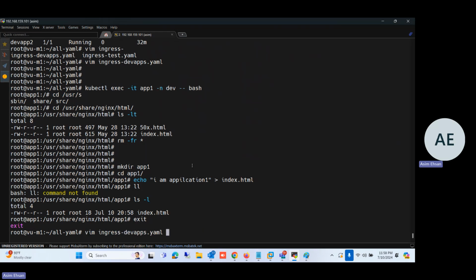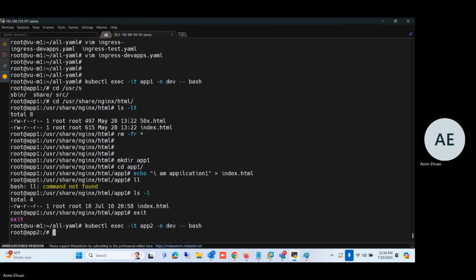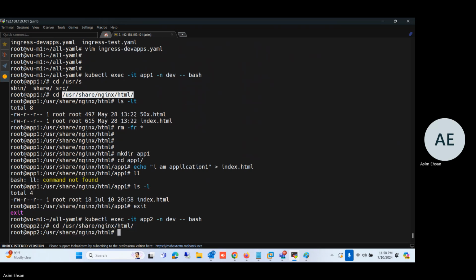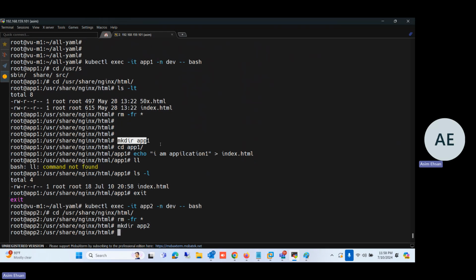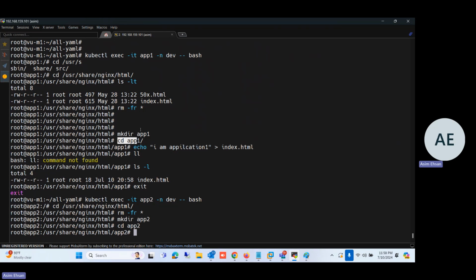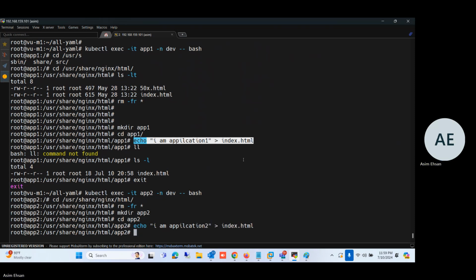Same thing I will do in the second pod. I will delete everything and I will create a directory app2, and I will go under app2 and create a file, I am application2. Okay,